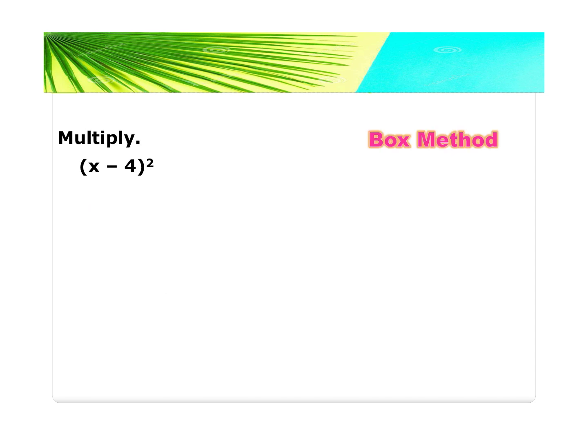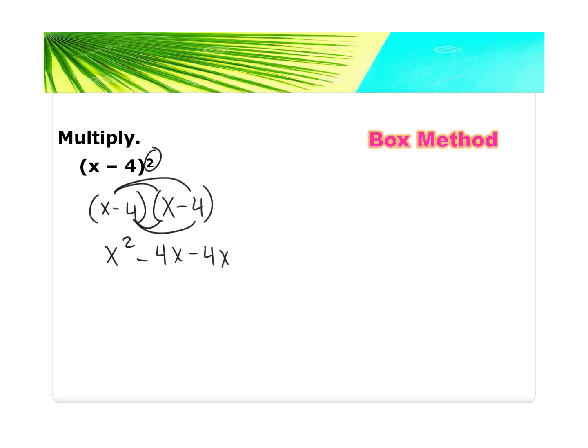Now for this one, we only have one parenthesis, but this square means there's two of them. So I can rewrite this equation like this, and I'm able to FOIL or distribute, whichever you prefer. So I'll go ahead and multiply the x times the x to get x squared, the x times the -4 to get minus 4x, the -4 times the x to get minus 4x, and then the -4 times the -4 to get positive 16. Can combine these two to get x squared minus 8x plus 16,